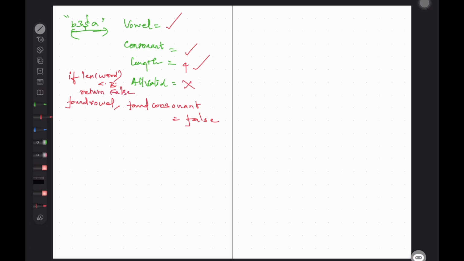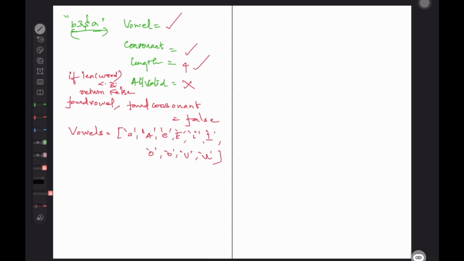If not, we'll have the vowels: small a, capital A, small e, capital E, i, I, o, O, u, U. These are the vowels. And if the character is not in vowels and not a digit, you know it's a consonant.